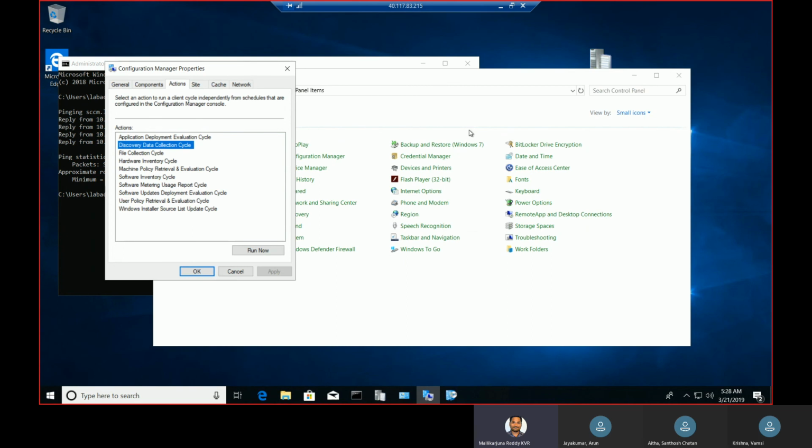If any such policies are implemented by your administrator, the policy cycle will run in a specified period of time. For example, if it says 15 minutes, the policy applies every 15 minutes. But in the meantime, while we are troubleshooting, if you want to trigger those policies and see if they are actually being pushed to the client, you can manually run these cycles. Each and every cycle has its own settings. This one is for application deployment evaluation, which means that if your administrator has recently assigned some application for deployment onto your machine,